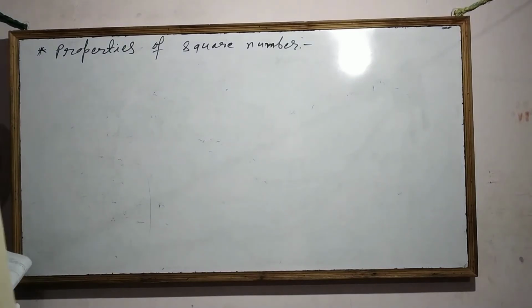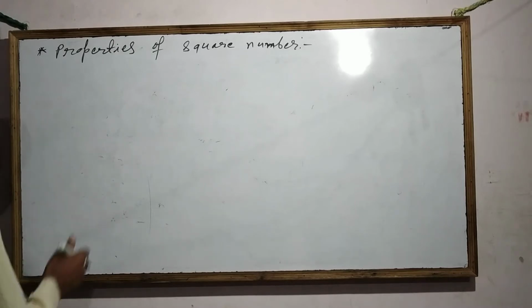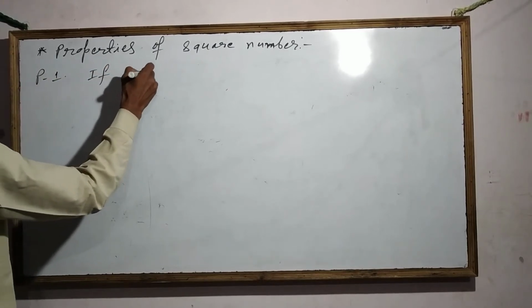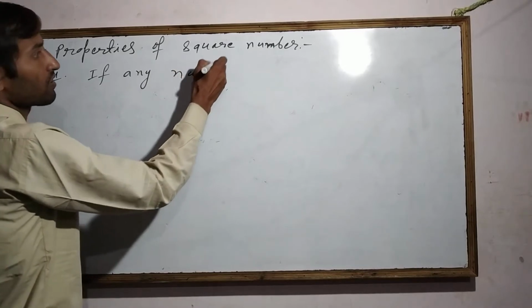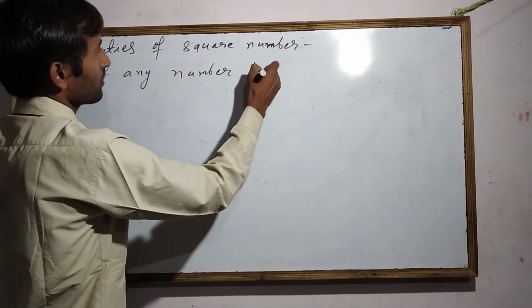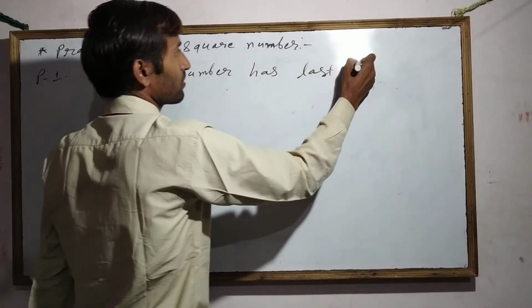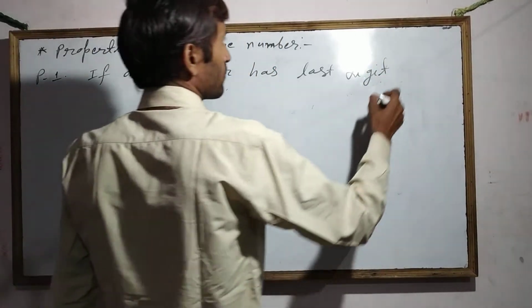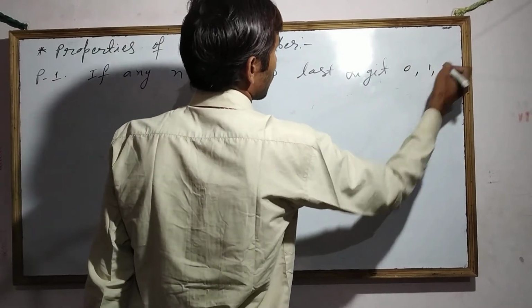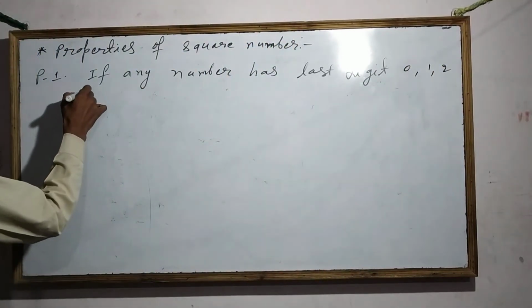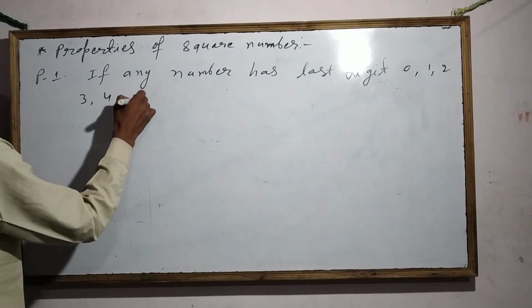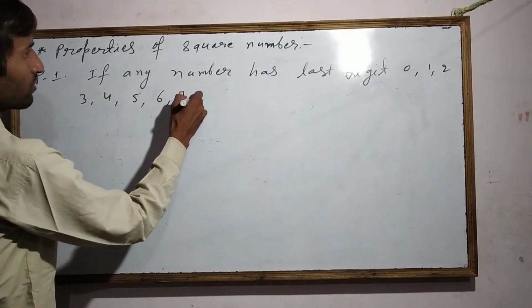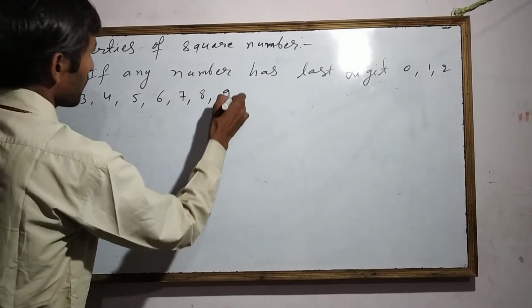Property 1: if any number has last digit 0, 1, 2, 3, 4, 5, 6, 7, 8, 9, like this,